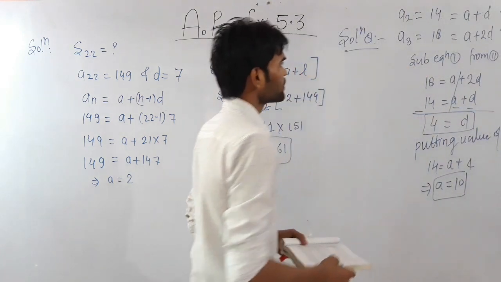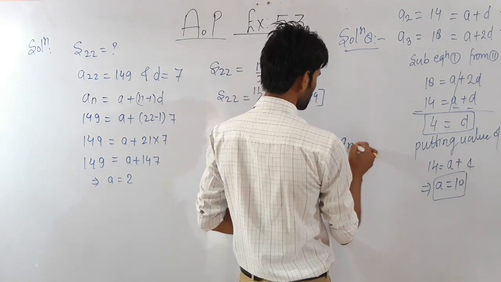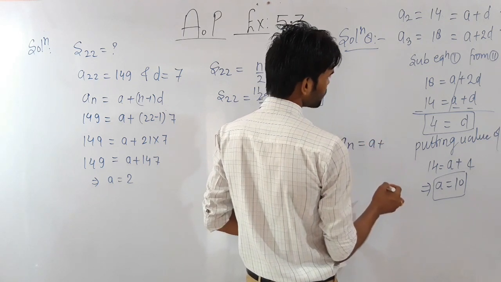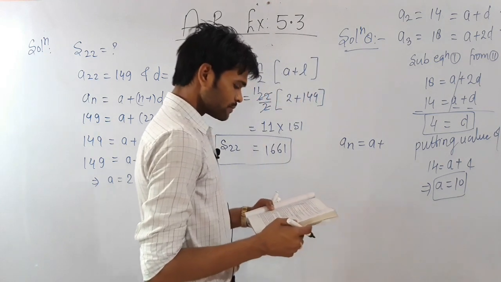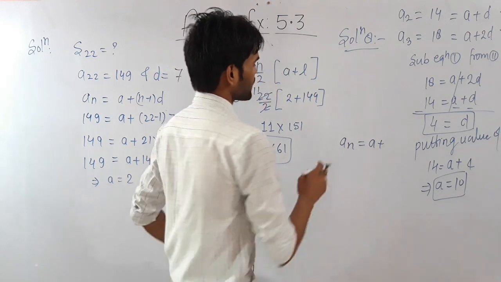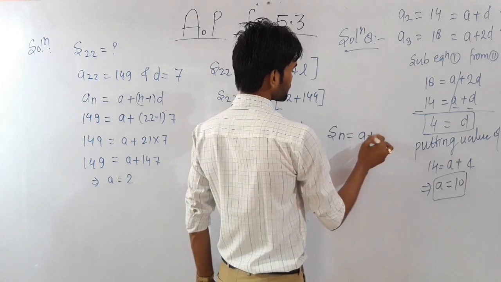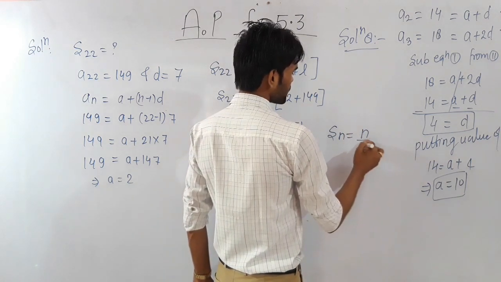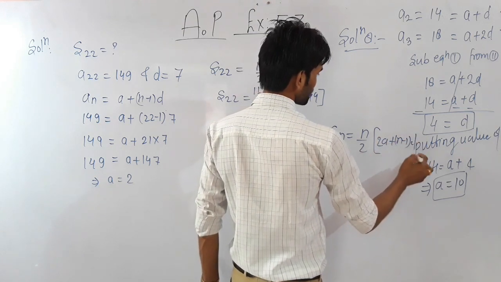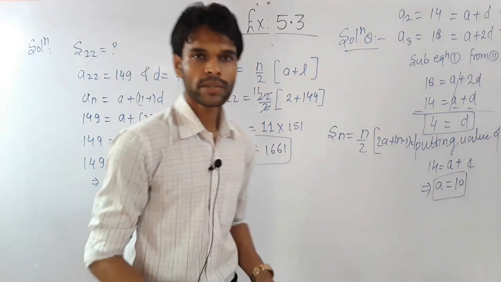Now using the formula of nth term of the given series, an is equals to a plus n minus 1 d. We are given 51 terms, no need to find the nth term. Directly use the formula Sn is equals to n by 2 into 2a plus n minus 1 into d. ओके, मैं इसको इरेज कर दूँ, स्पेस नहीं वहाँ पर. ओके, लेट मी इरेज दैट.